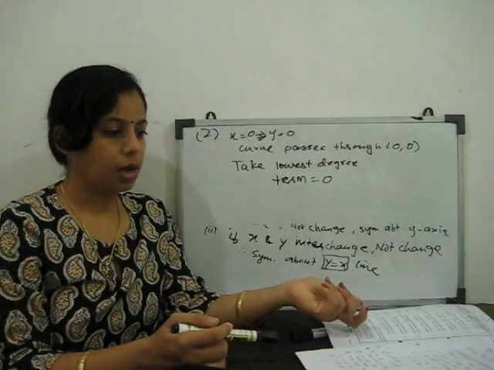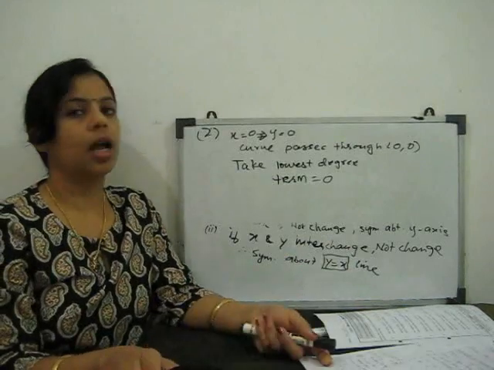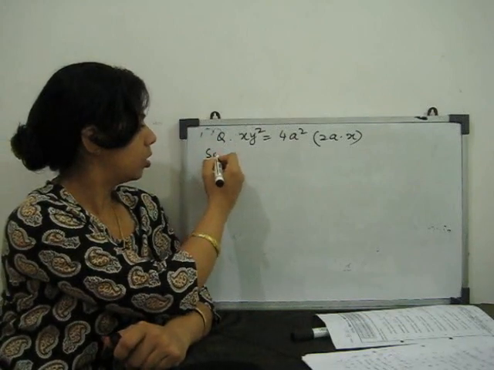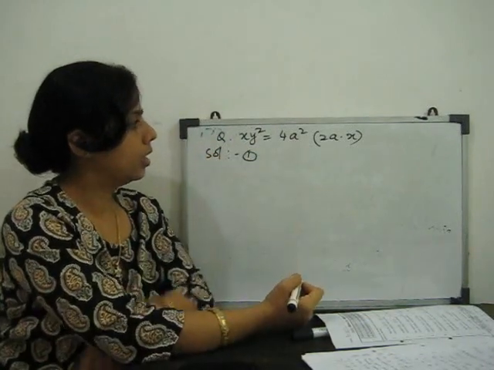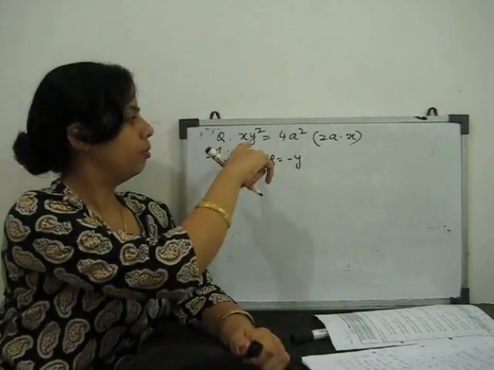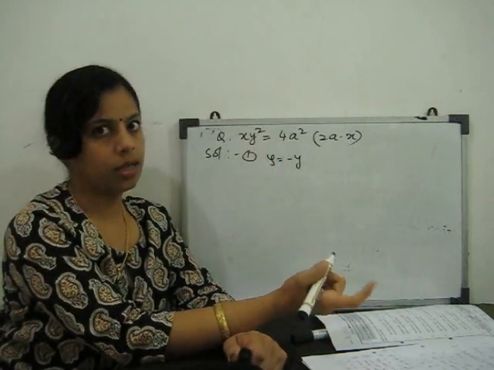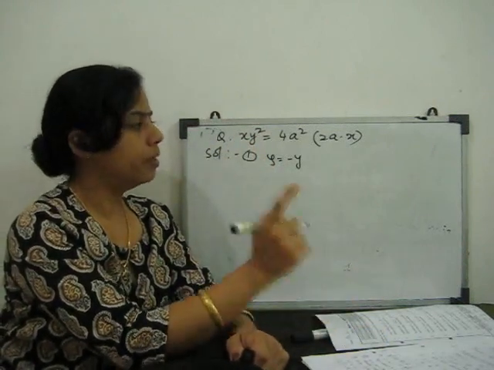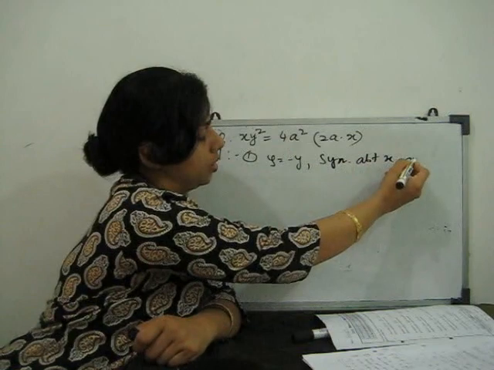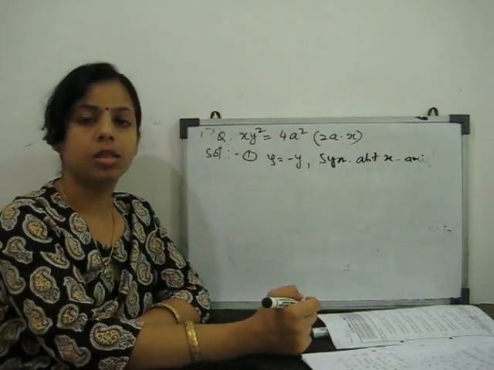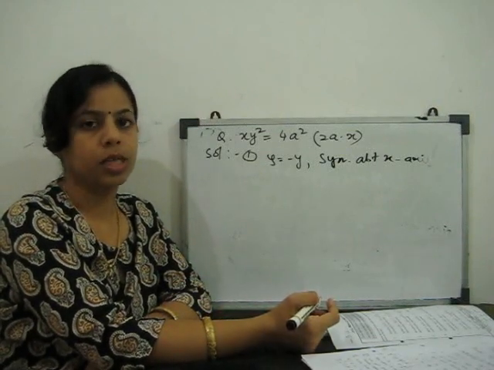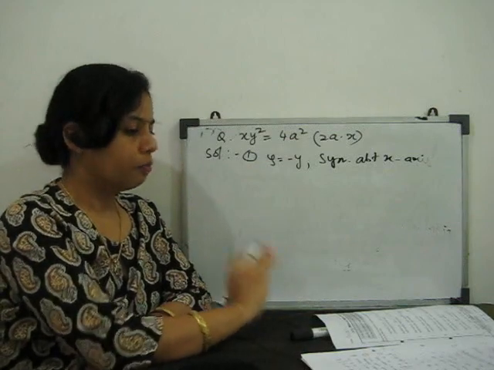So we will take some examples so you can more easily understand how to draw the curves. So I trace this curve. First, in the solution, check the symmetricity. If you put y equal to minus y, the curve remains the same because y is in even power, so y square and minus y square are the same. It means it is symmetric about the x-axis, but it is not symmetric about the y-axis.